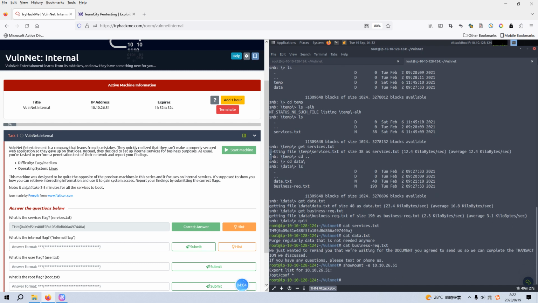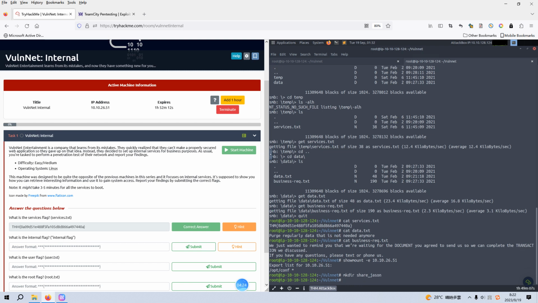It does exist, the directory which is being shared to other machines. So we can set up a local directory with mkdir and the share directory, and we can mount,